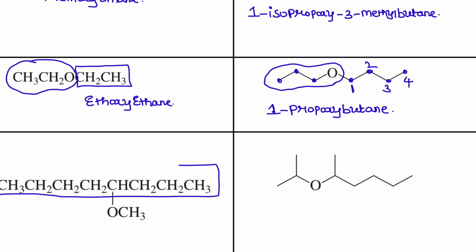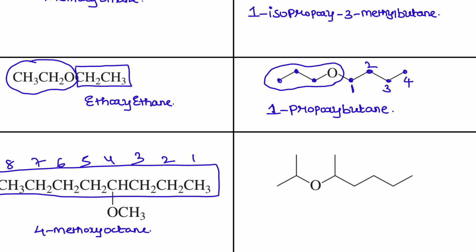This is the longest chain. Numbering 1, 2, 3, 4, 1, 2, 3, 4, 5. So numbering must be from the left side. Totally there are 8 carbons, and methoxy is at the 4th position. Therefore, it is 4-methoxy